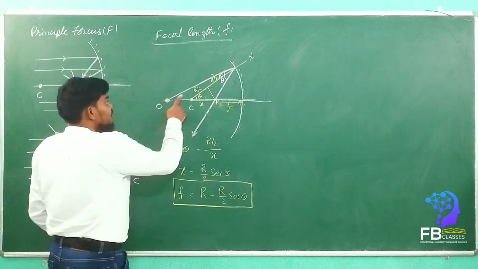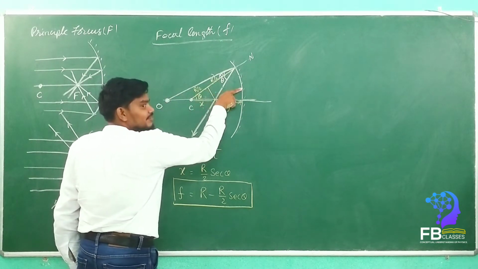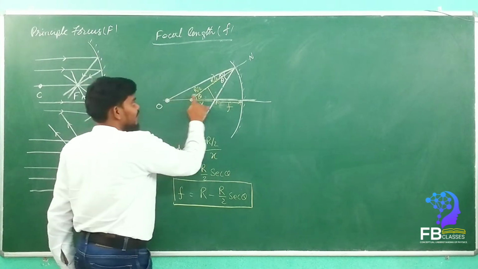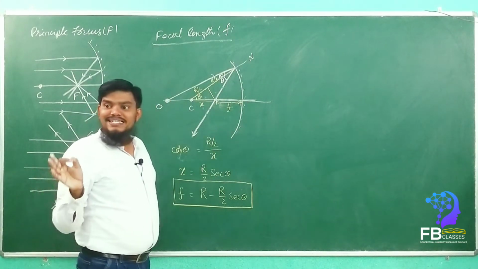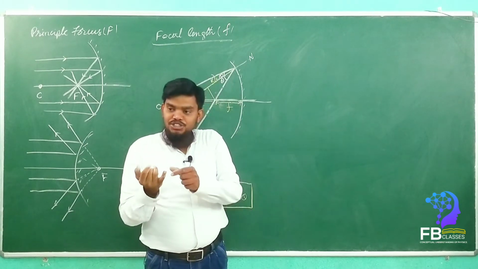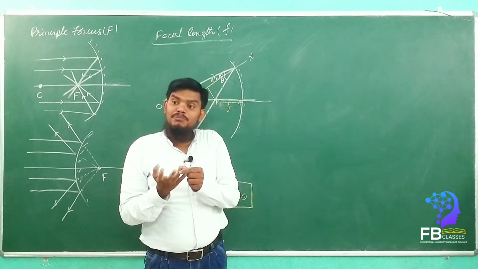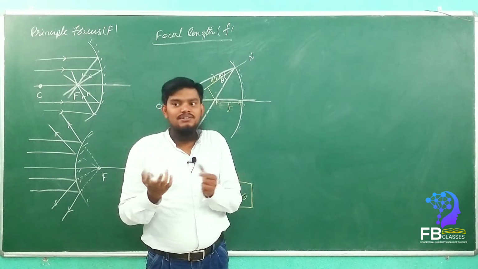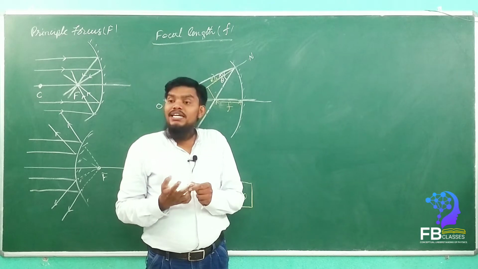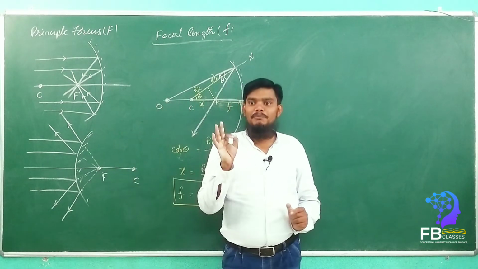So here, this is the theta, right? If theta is small, the ray will go like this. Yes or no? So that means the ray is nearer to the principal axis. That is also a paraxial line. So if you mention theta is small, then we can understand that it is a paraxial line. If you mention directly that it is a paraxial line, then there is no problem. If he doesn't mention anything, still we have to understand that it is a paraxial line only.